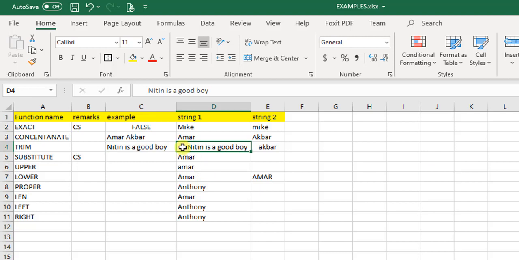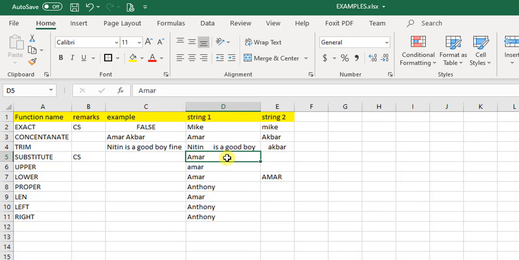Now even if you type over here Nitin, then space, is a good boy, and space, and we write fine, and we hit enter, you see what the function has done: it wrote Nitin, then it removed the extra spaces from between this sentence, but it kept the single spaces which separate the words.